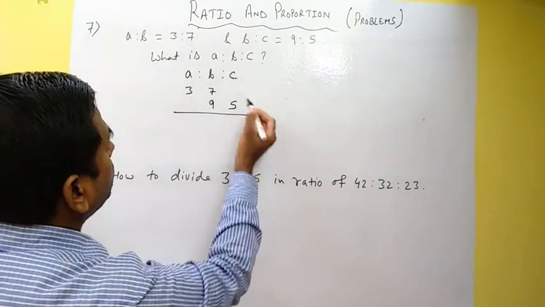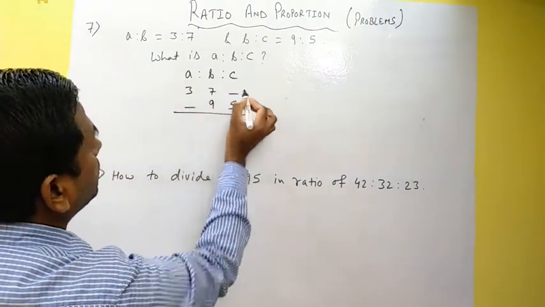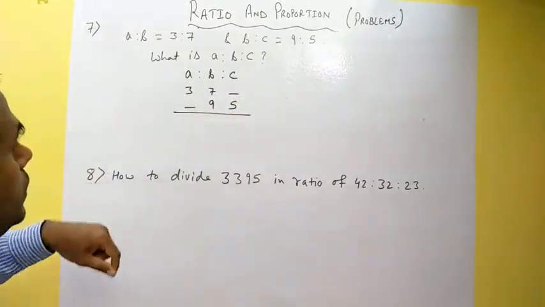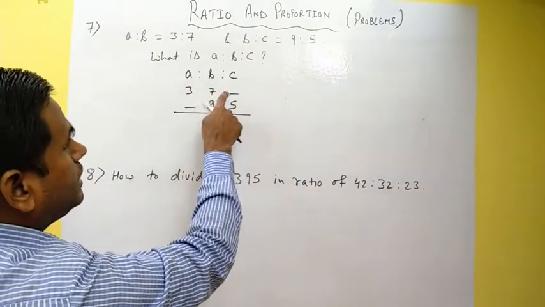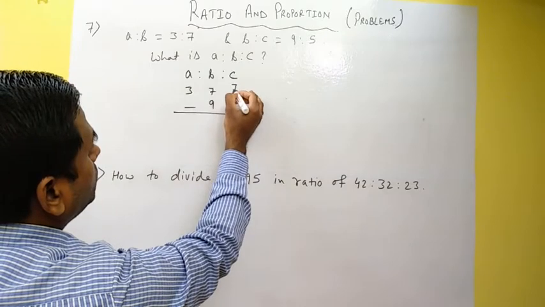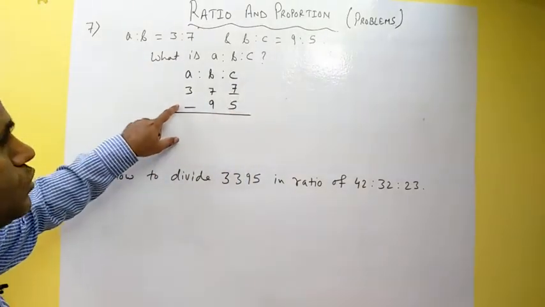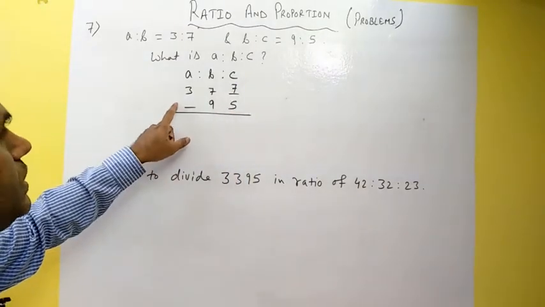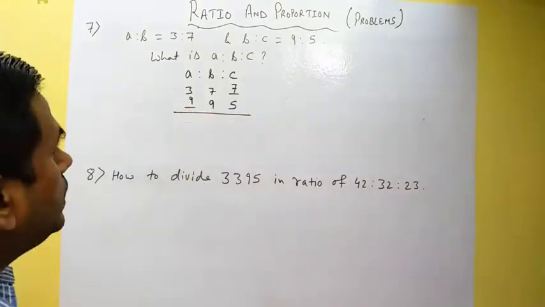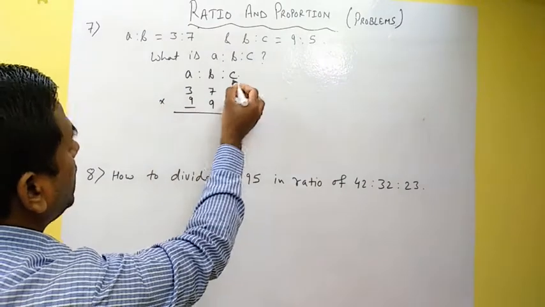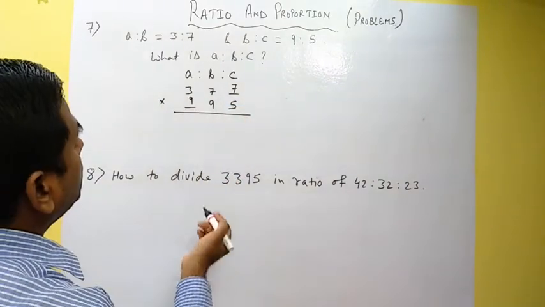Now if you see, we have two blanks here and here, right? So what we can do is just next to the blank we have 7, so fill this number over here. So we will fill it 7. Now here also you can remember this trick. Next to the blank we have 9, so you can fill this blank with the number 9 and then you can multiply each of these. That will give you the result.